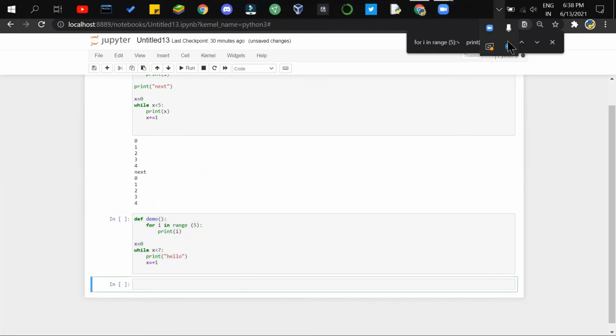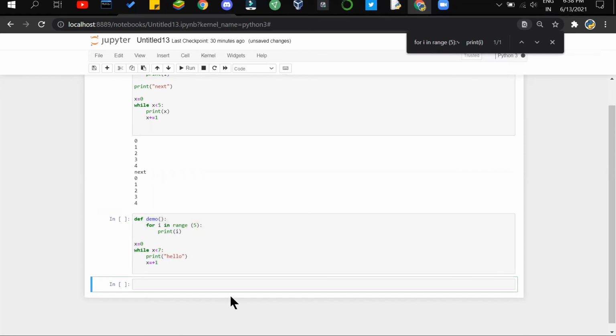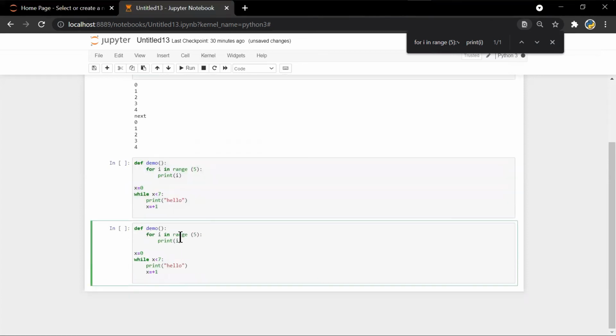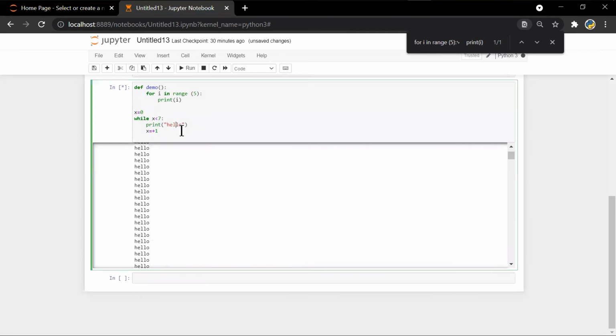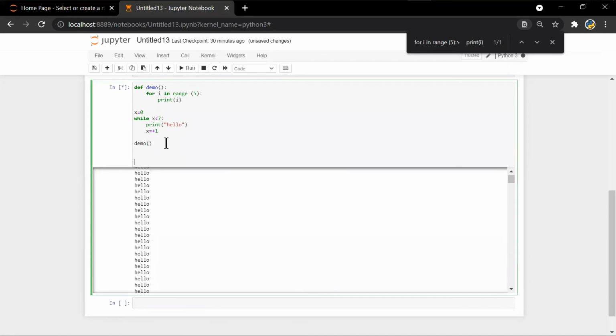If I run this, you can see it's printing hello infinite times, and this program is nowhere. But now if I write demo, this is calling a function. Wherever you put this function name, this program will start at that point. So after this hello is finished, this will start.